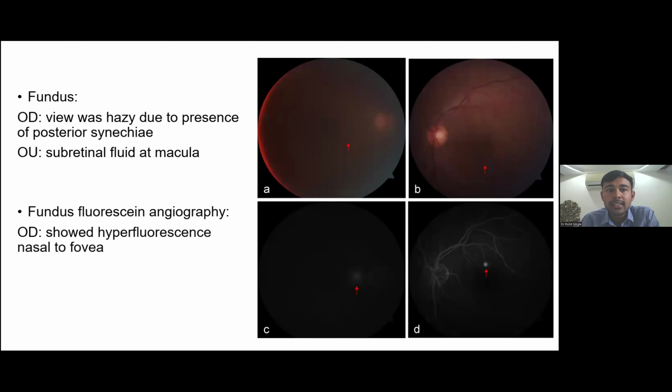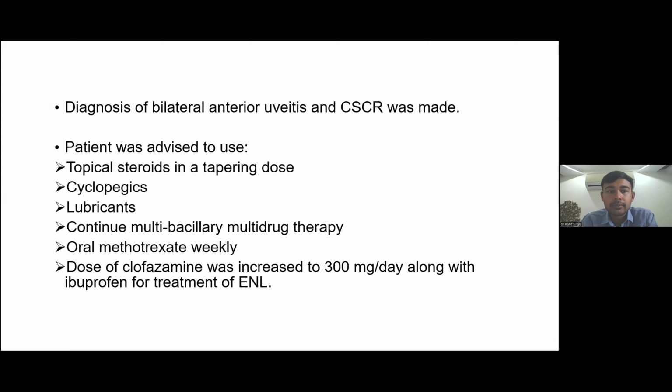Now, coming to fundus examination, as there was reaction in the anterior chamber in the right eye, the view was very hazy, which was also due to the presence of posterior synechiae. And in the left eye, as is clearly visible, there is a collection of subretinal fluid at the level of the macula. Okay, so behind the retina, there was a collection of subretinal fluid. It was a little visible in the fundus examination, but